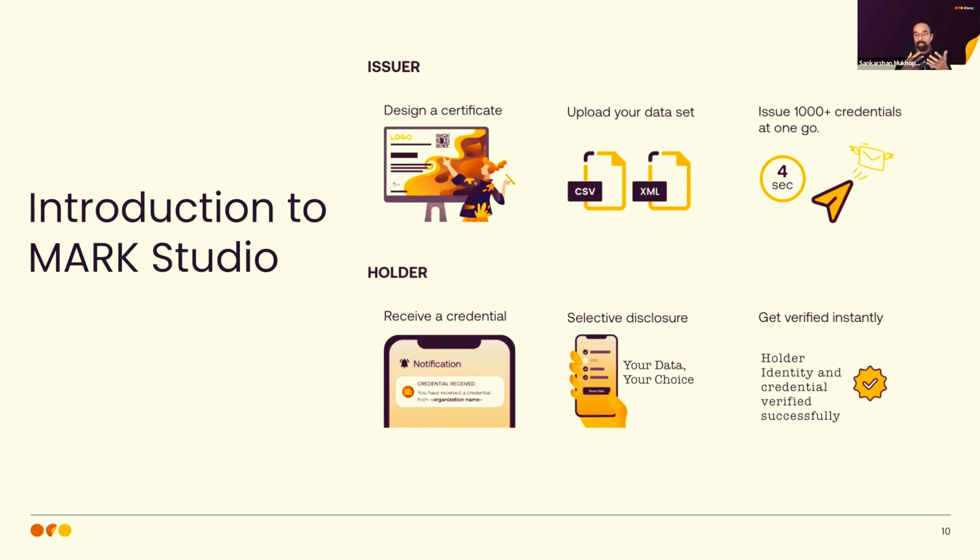If they are using the wallet, they can use the selective disclosure paths that are available to manage and govern the data that they present to a verifier, and it can get verified instantaneously because there is no intermediary built in. The verifier uses the path directly to look up the verifiable data registry, in this case what we call blockchain, and is presented with a response that makes it possible for them to understand whether the credential and the record they're looking at is legit, current or not.